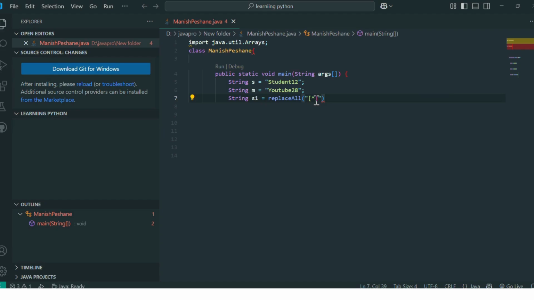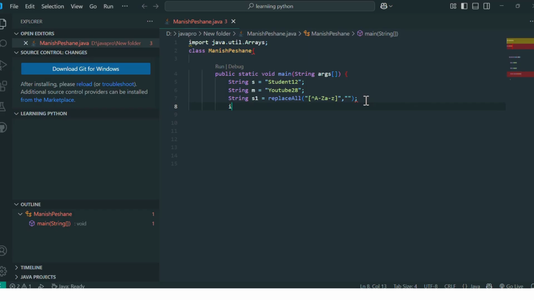I want a to z characters, small a to small z, and the replacement with an empty double quote. This is the replacement in Java.